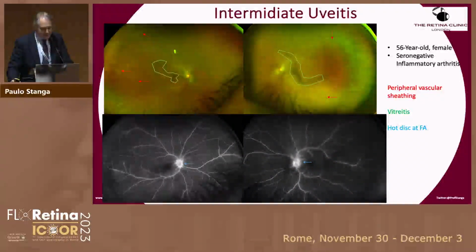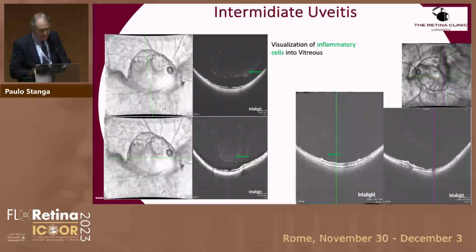Intermediate uveitis, and this patient was complaining of a cloud, a very cloudy vision. Not only, of course, do you see a hot disc there, and you see peripheral vascular sheathing and vitritis. But here we can clearly see the vitritis, and we will be able to objectively establish opacity of the vitreous